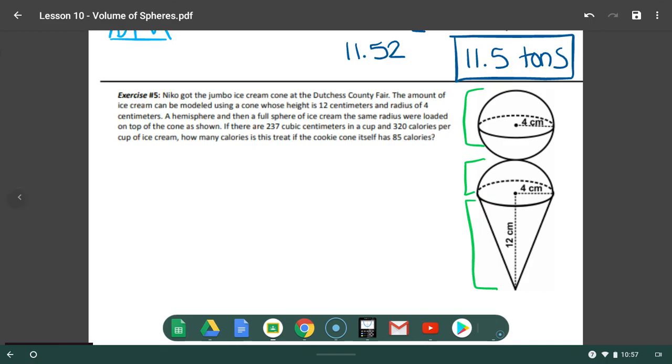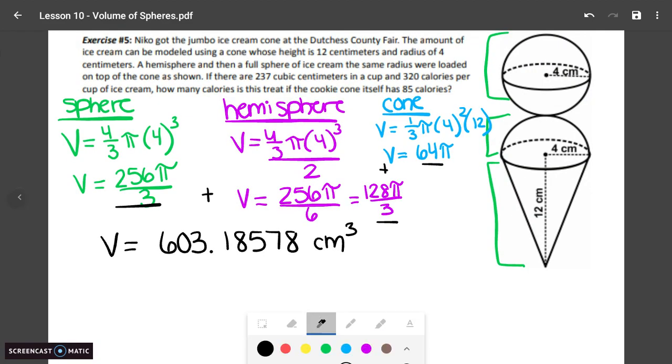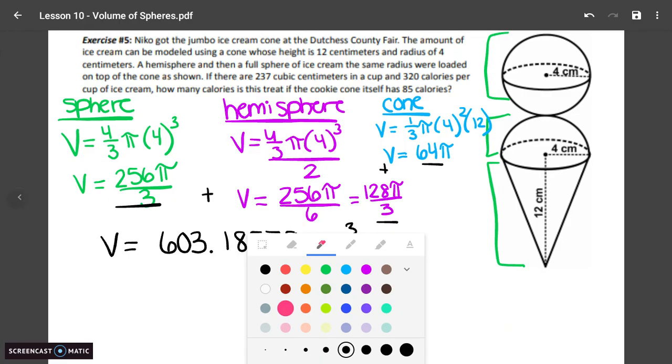And notice I haven't really rounded yet. But the volume of ice cream right now is 603.18578. And it went on to like 9 and some other numbers. I'm giving myself 5 decimal places for now. Now, the question is asking us how many calories this is. One, realistically, I don't want to know. But if we're here,